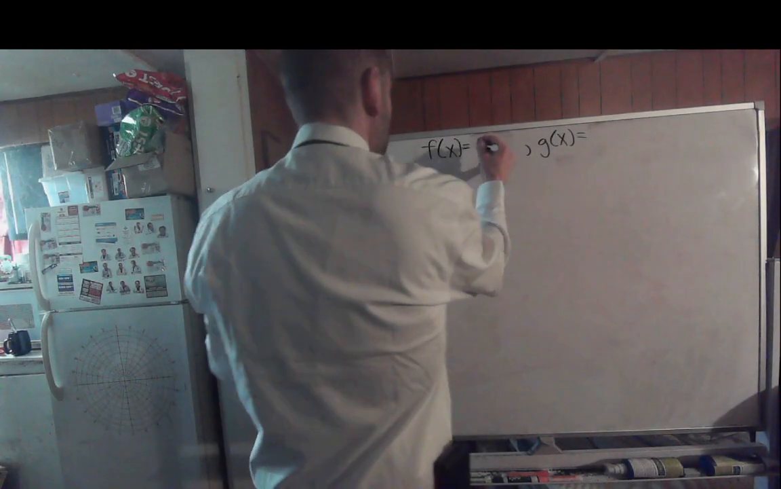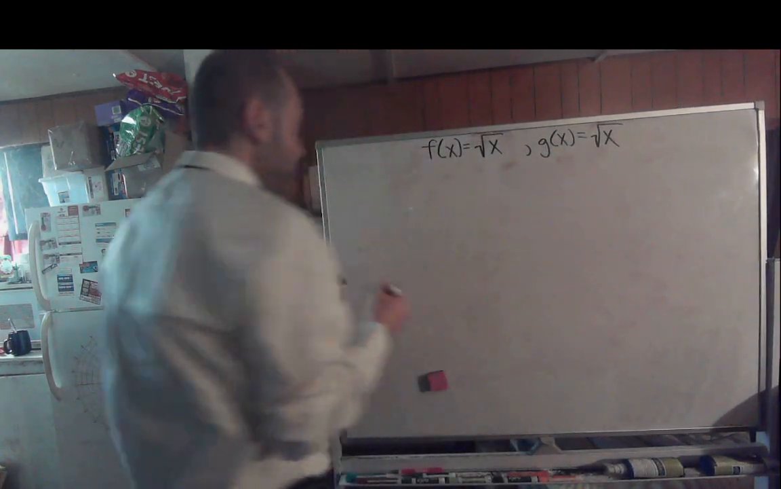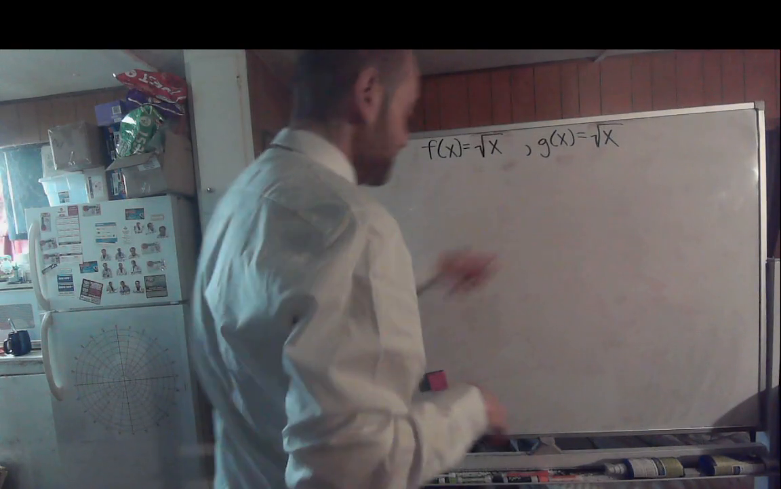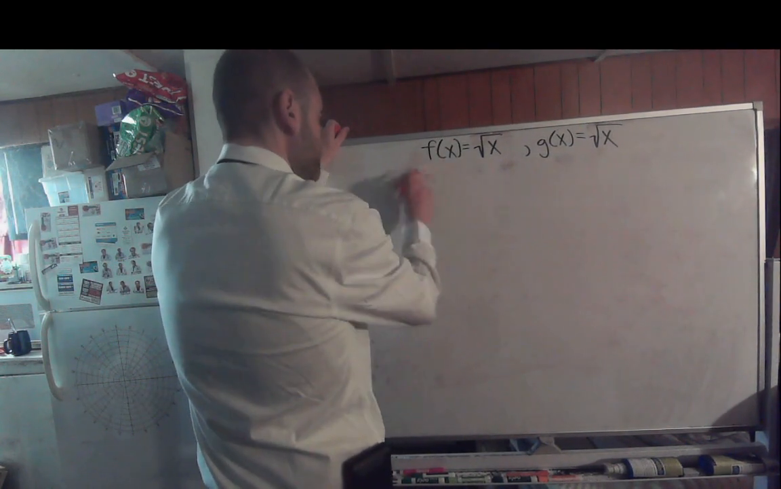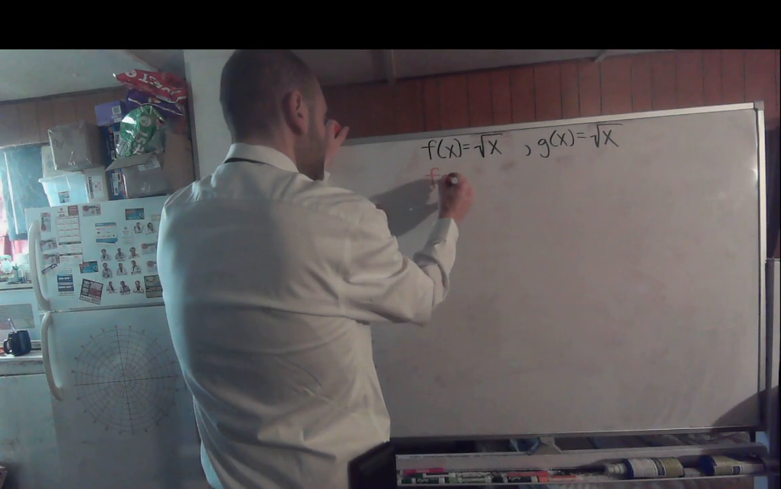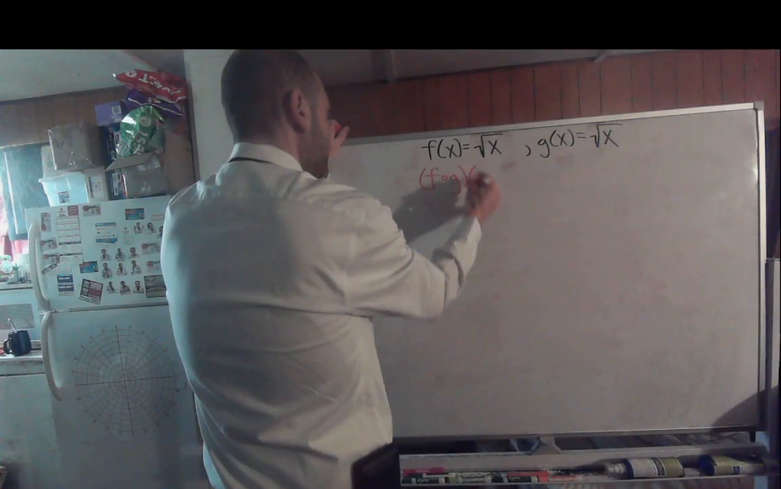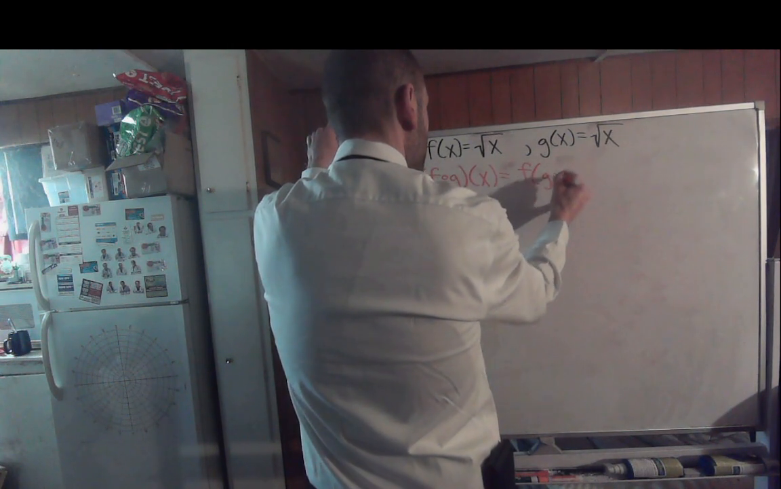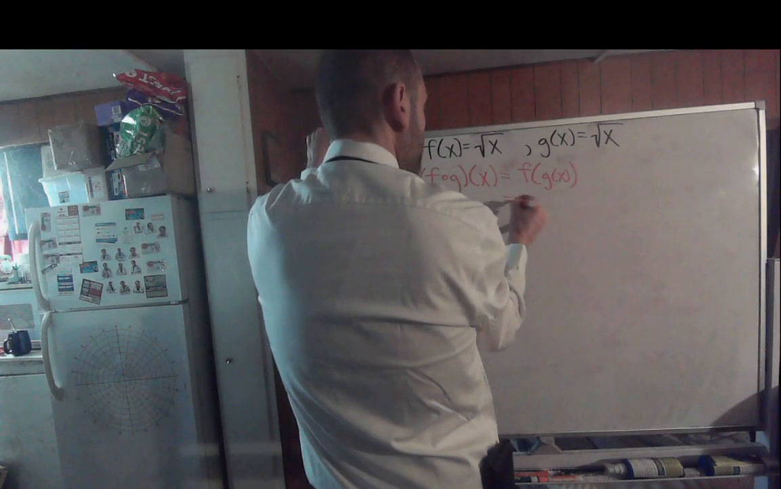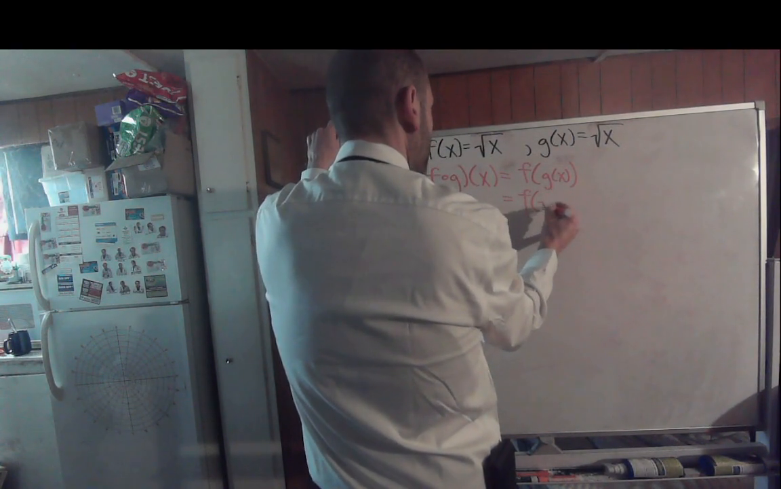Alright, I got 3 more. Oh, good one. F of x equals the square root of x, so does g of x. So let's find f composition g of x. F composition g of x would equal f of g of x, which would end up giving you f of the square root of x,